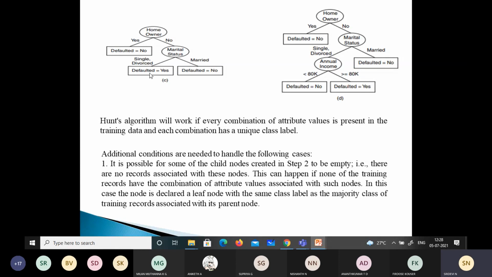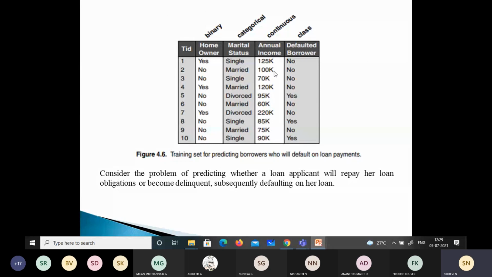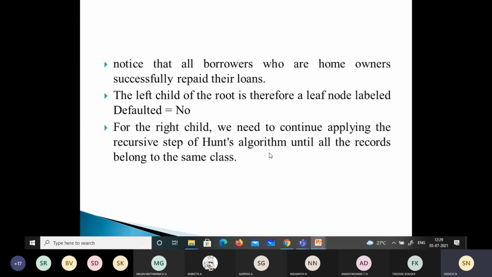Getting it? So what do we have to do now? We have to perform an attribute test condition here, and further split the records so that we can have purer subsets. Fine. So for that, what is the thing which is left out? We have left out annual income. Then why have we chosen only 80K? That is also a question to be asked, and it will be cleared later, because you have how to select attribute values in the next unit section. I'll discuss that. For now, annual income is a test attribute whatever we will select, and here we will take it as 80K. The test condition we just take.